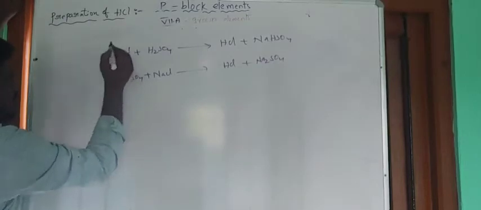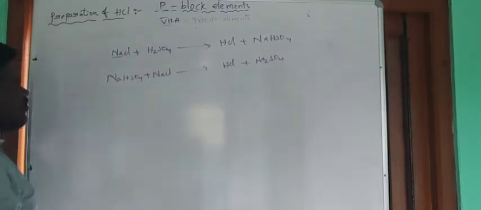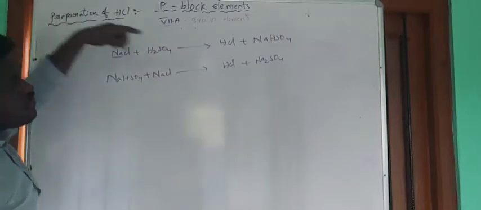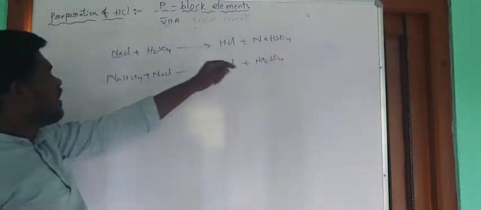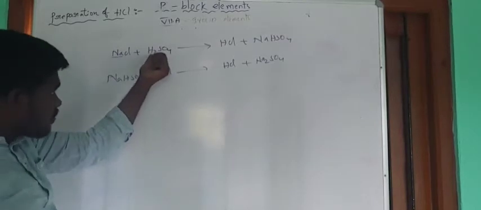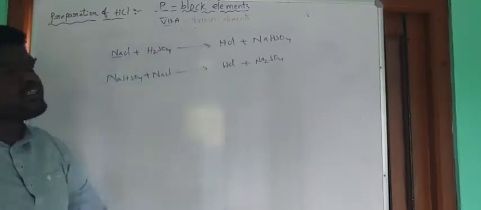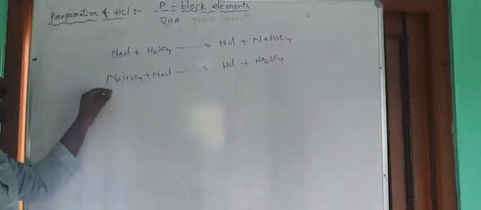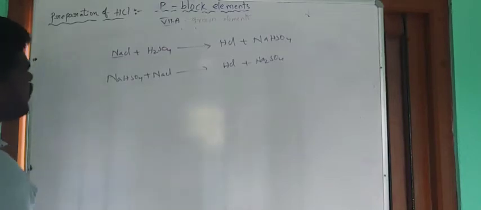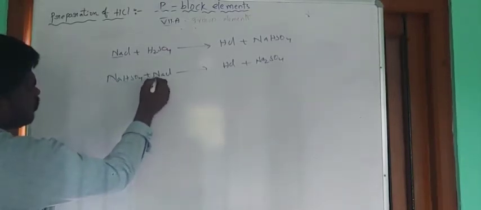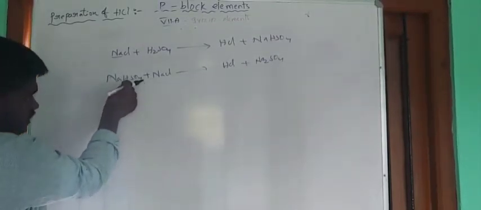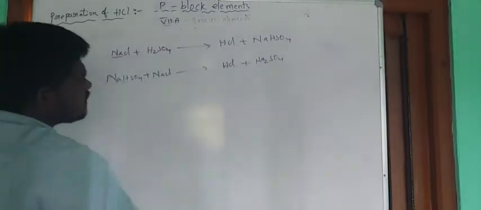So here one sodium is there and here two hydrogens are there. When 1 mole of NaCl is treated with 1 mole of sulfuric acid, one of the hydrogens is displaced by the sodium, so you can get sodium hydrogen sulfate, and that hydrogen which is coming out from this molecule combines with Cl and gives us HCl. Now when this is treated with 1 mole of NaCl, this hydrogen is also replaced by the sodium. So then we can get Na2SO4, and the hydrogen which is coming out combines with Cl and gives us HCl.